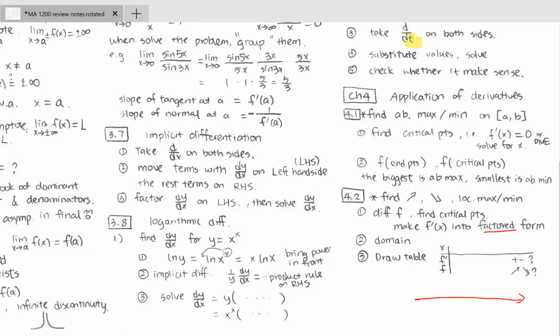Okay, so we have the domain separated by those critical points, and you figure out on each interval, for f prime, we want to answer is it positive or negative, and for f, we want to answer is it increasing or decreasing. Okay, and at the critical points, you always get either 0 or does not exist. Okay, for the critical points. And next,